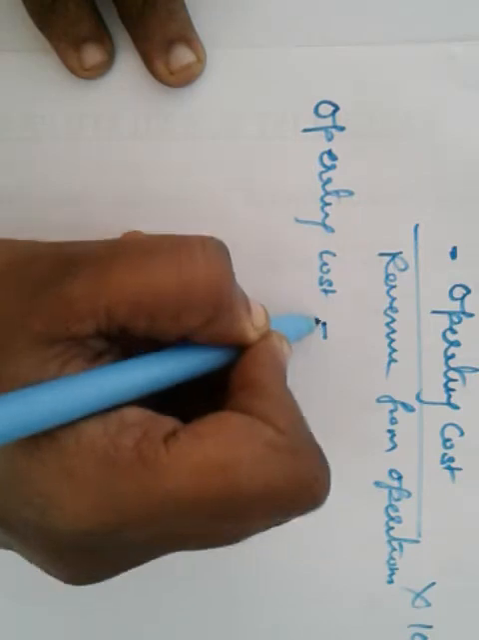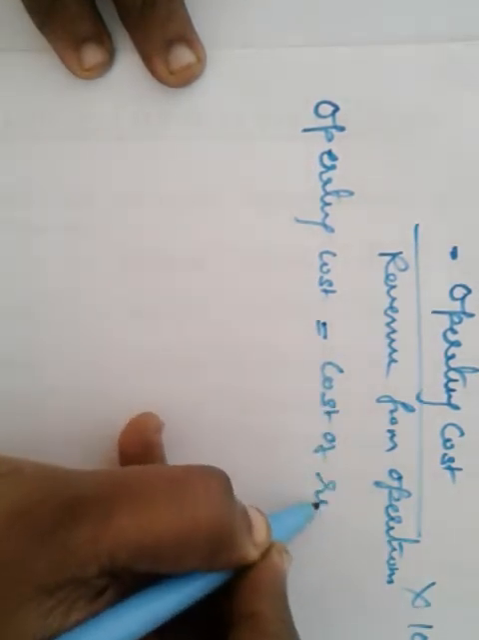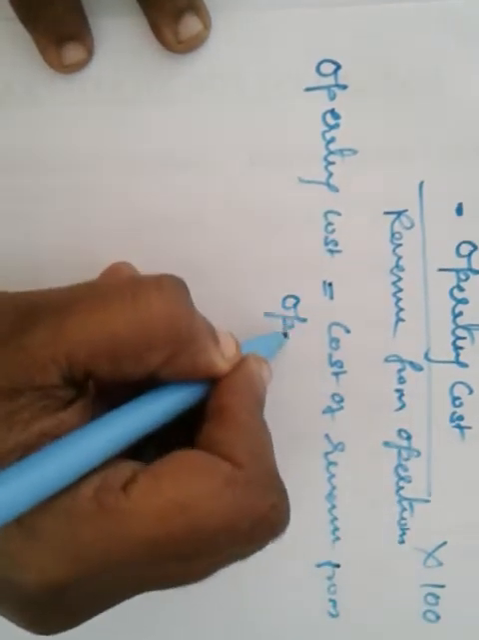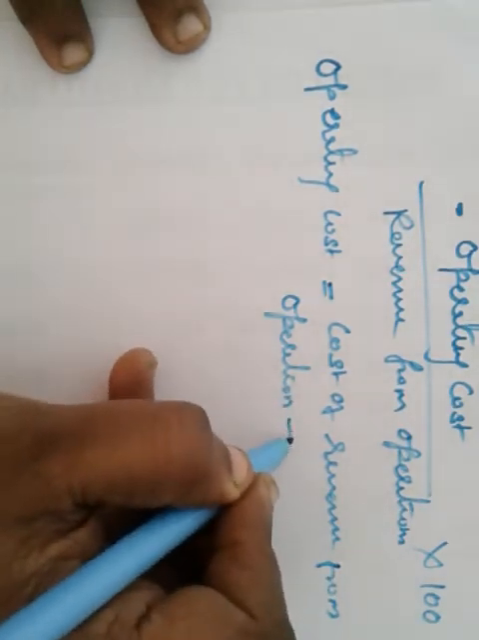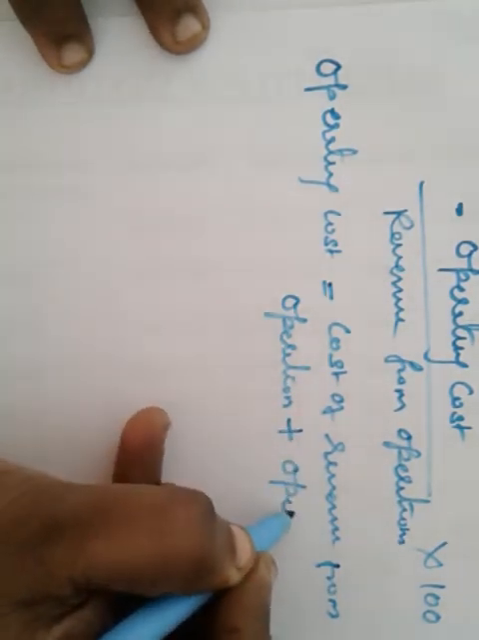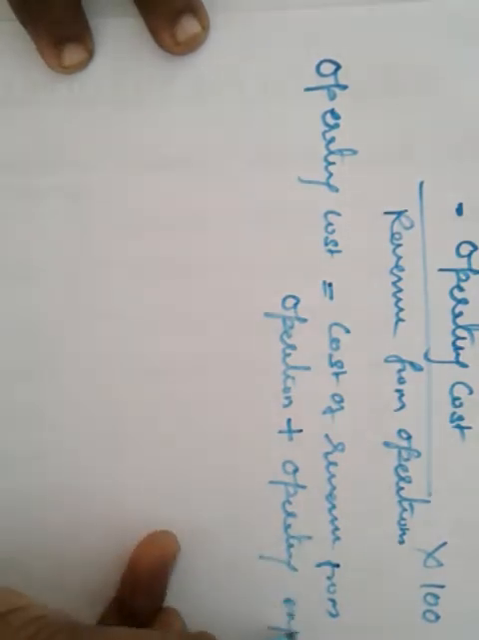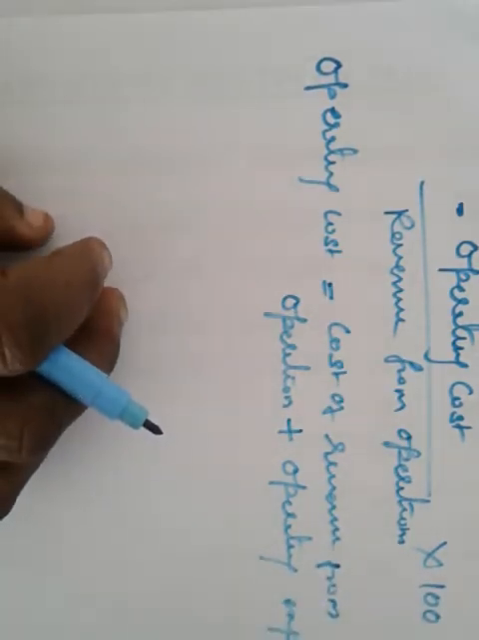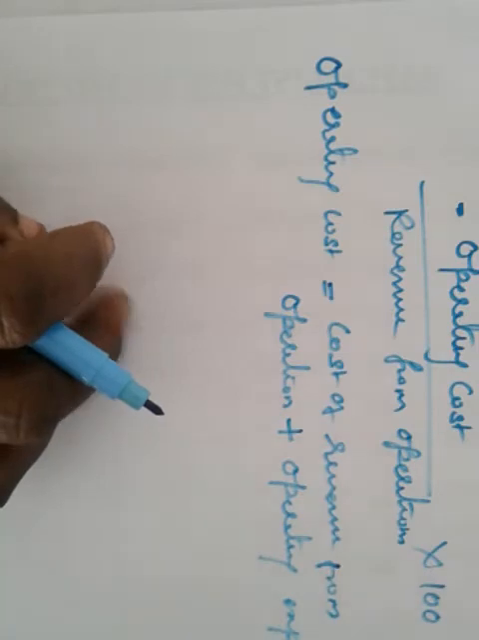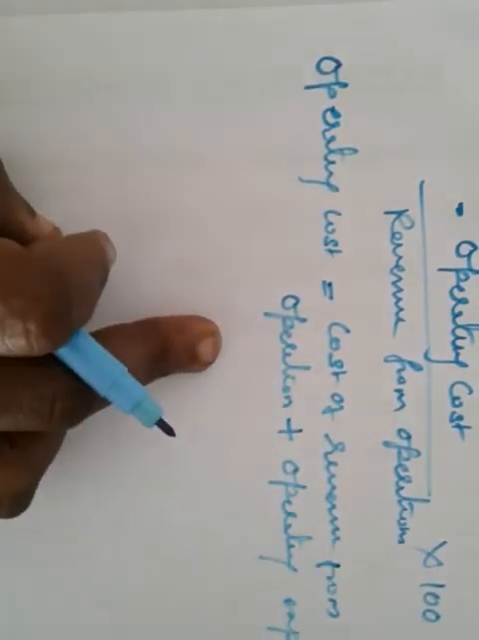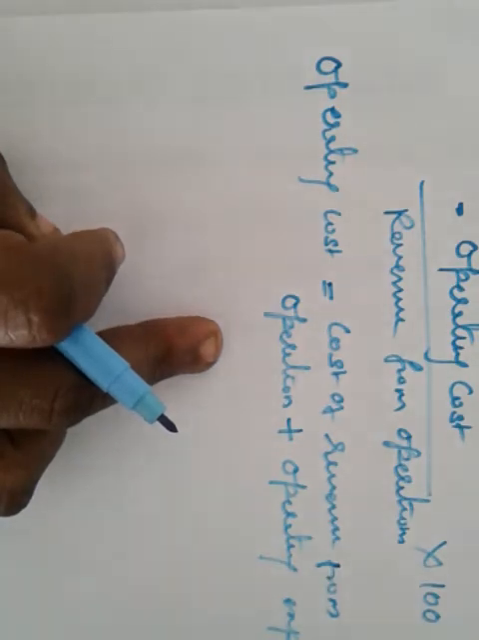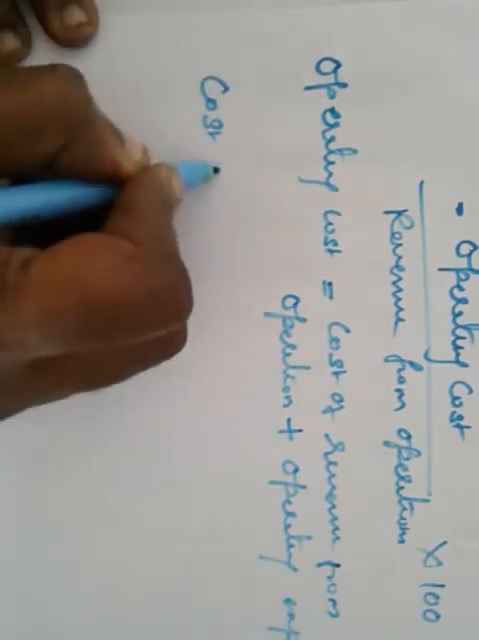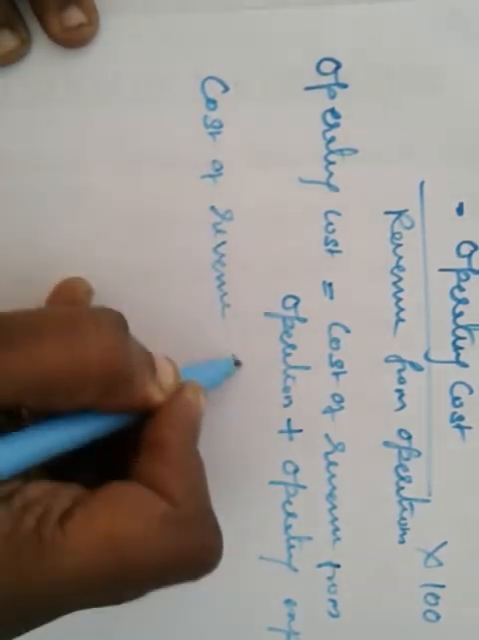Operating cost is equal to cost of revenue from operation plus operating expenses. Here you have to find out the cost of revenue from operation. There is no value given for the cost of revenue from operation. So we have to find out it. For finding cost of revenue from operation,